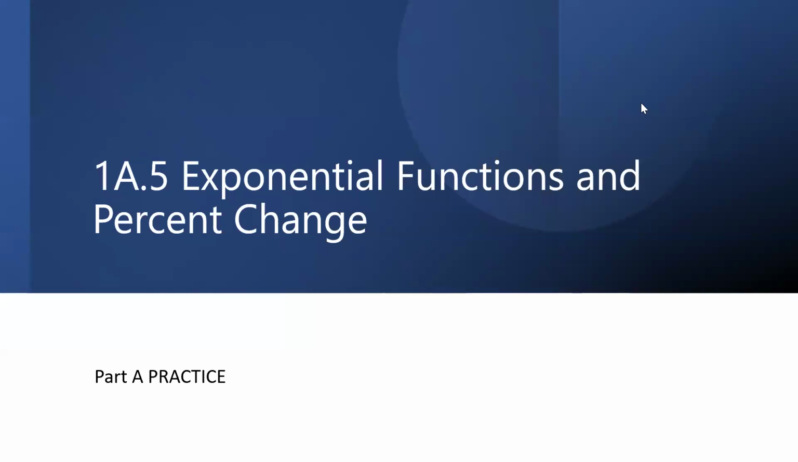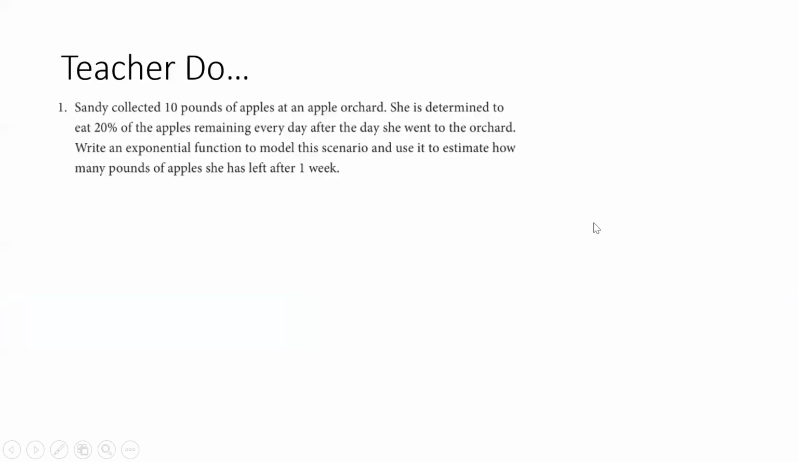All right, so 1A.5, exponential functions and percent change. So we're going to analyze. We have here, Sadie collected 10 pounds of apples at an apple orchard. She is determined to eat 20% of the apples remaining every day after the day she went to the orchard. Write an exponential function to model the scenario and use it to estimate how many pounds of apples she has